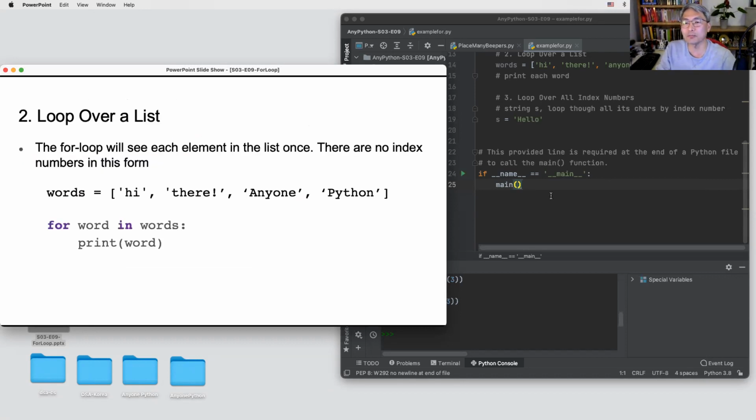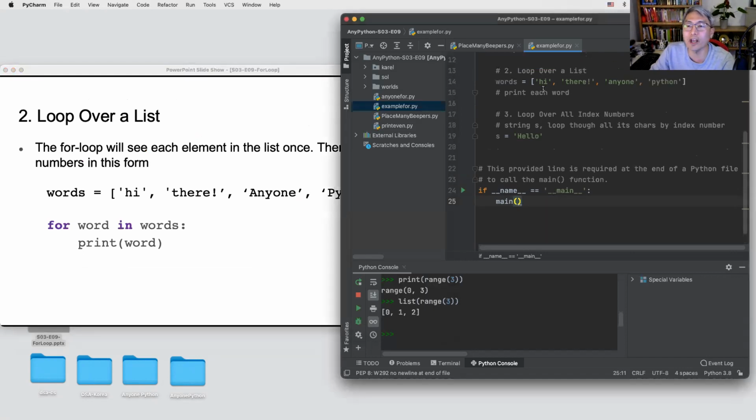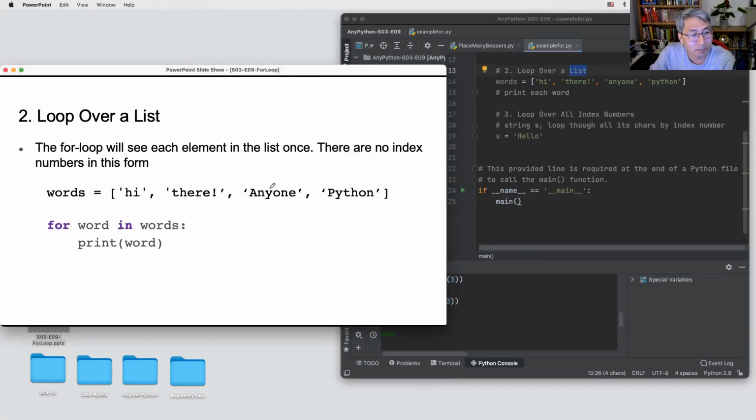Okay, let's move on to the second problem. We are going to directly use a list. Keep in mind, we have not covered lists yet, so many of you have never heard about lists. But just remember, a list is a list of data. We use brackets over here, and between the brackets we can put a lot of data like this.